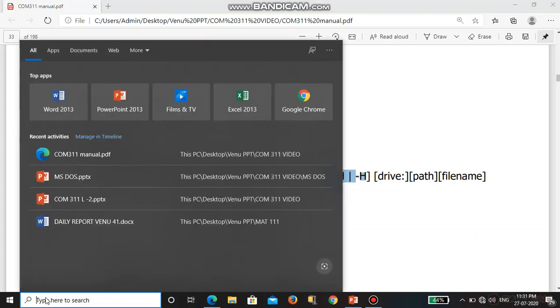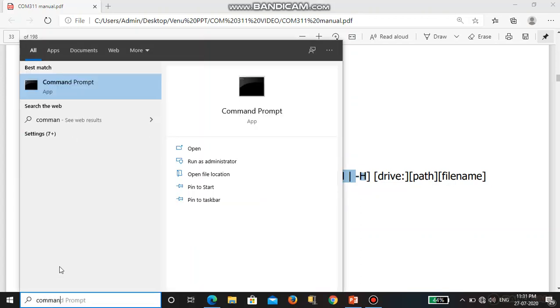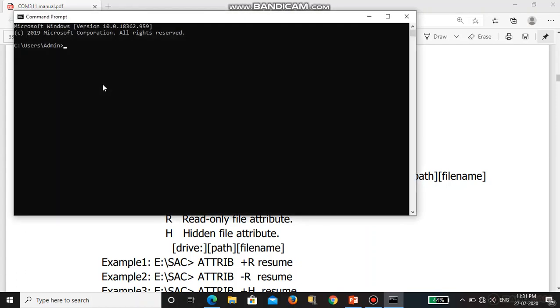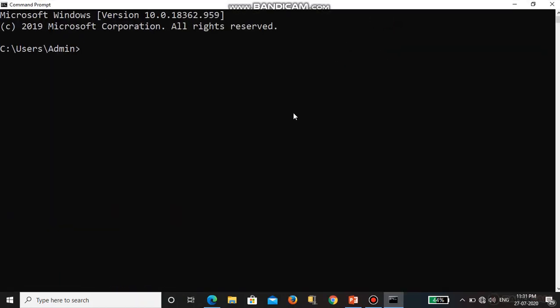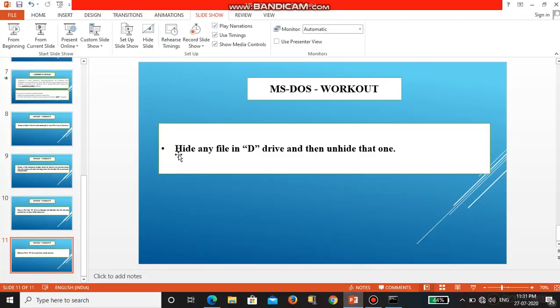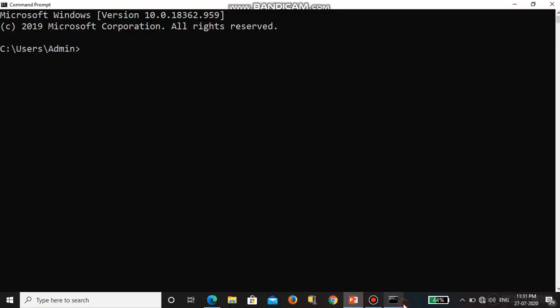First you open the command prompt. First I am going to D drive, because I want to hide a file in D drive. So D colon. I am seeing the folders with dir.